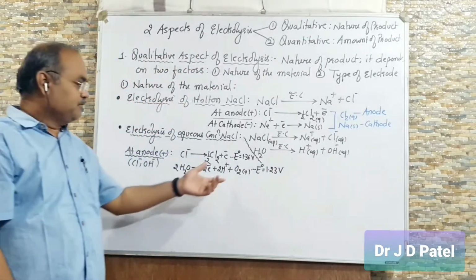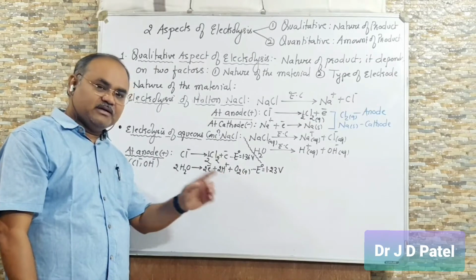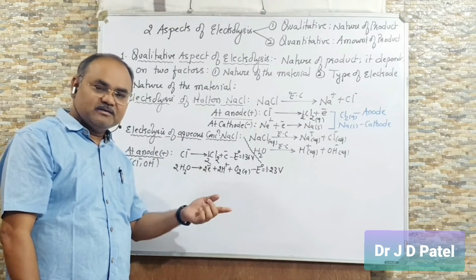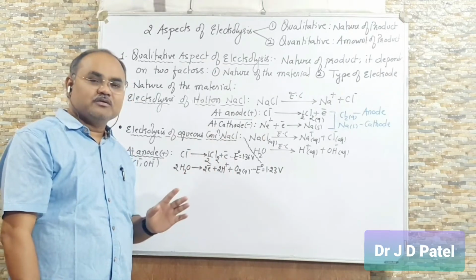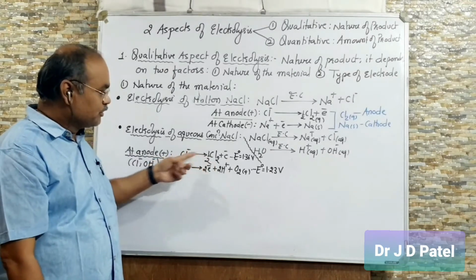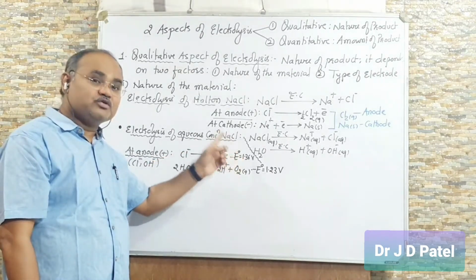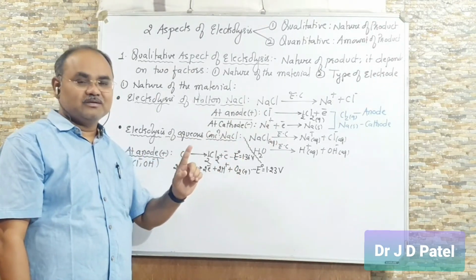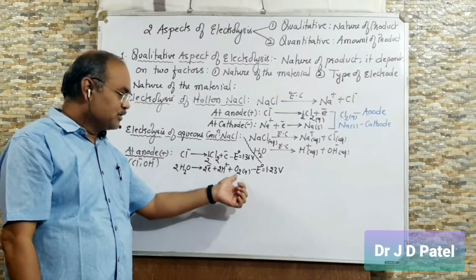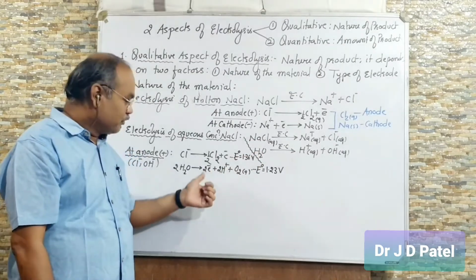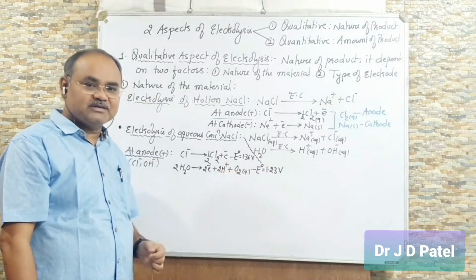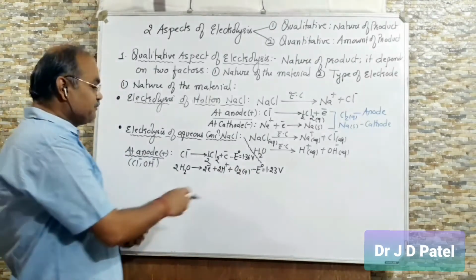Now we have already studied that if standard electrode potential is higher, then it will undergo reduction, because standard potential is reduction. Here whose value is higher? Chlorine value is higher. So chlorine should undergo reduction, and lower value should undergo oxidation. So water should undergo oxidation in this case. If water undergoes oxidation, product obtained will be O2. But it is not like this. What happens here?